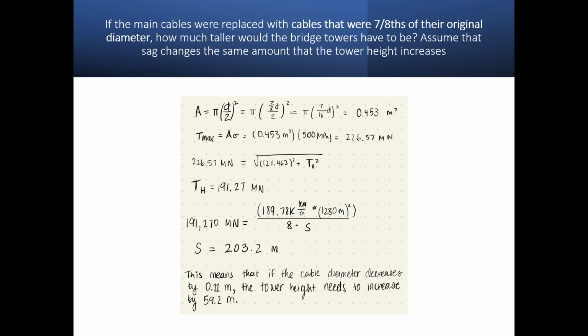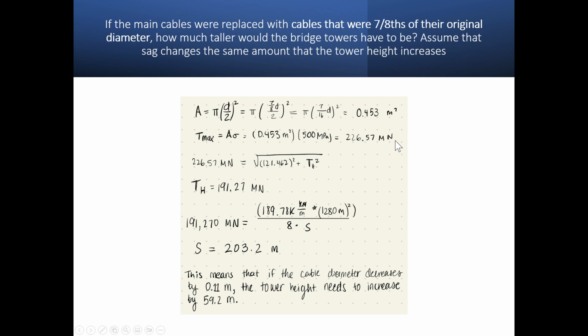Lastly, to look at another aspect of the problem, kind of an add-on, if we were to change the original cable so that it is 7/8 of its original diameter, how much taller would the bridge towers need to be? Assume that the sag changes the same amount that the tower height increases. To do this, I kind of backtracked, so I found out what the new area of the cable would be, and then I found the new tension, the new max tension, would be